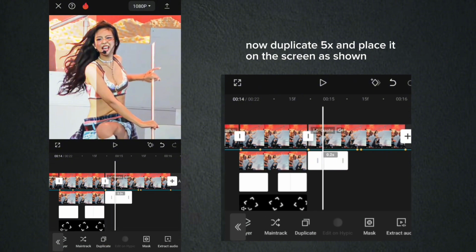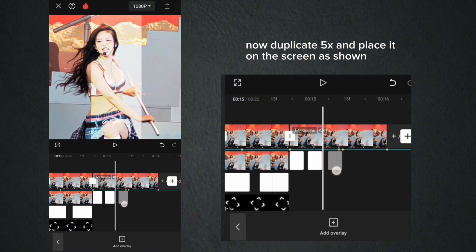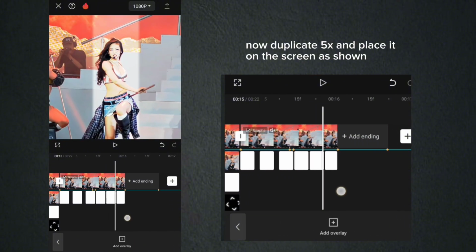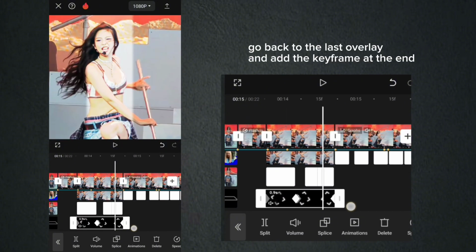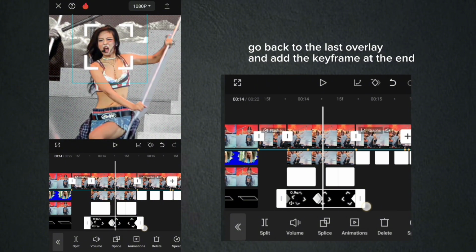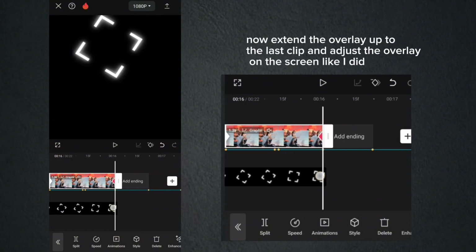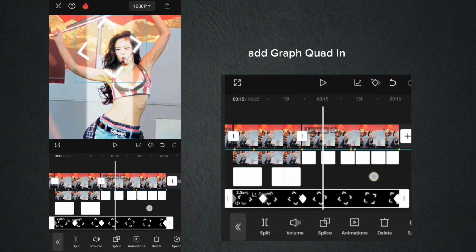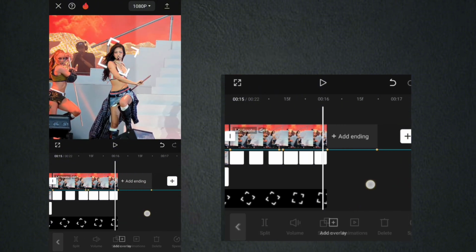Now duplicate 5 times and place it on the screen as shown. Go back to the last overlay and add the keyframe at the end. Now extend the overlay up to the last clip, and adjust the overlay on the screen like I did. Add graph quad in. When finished,